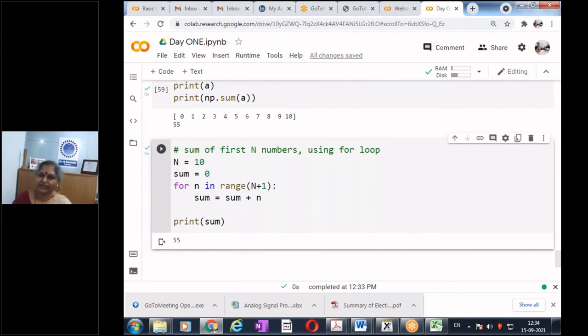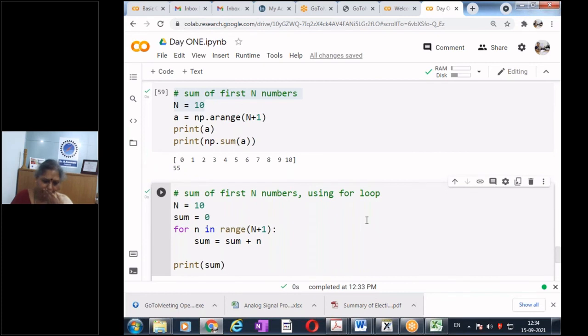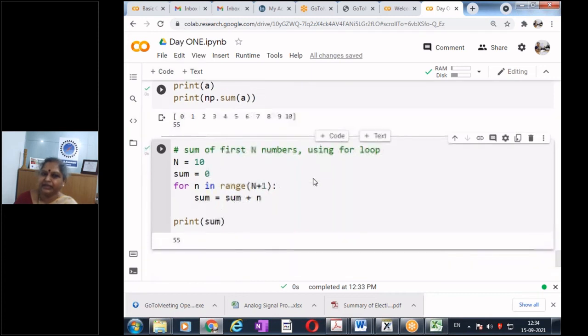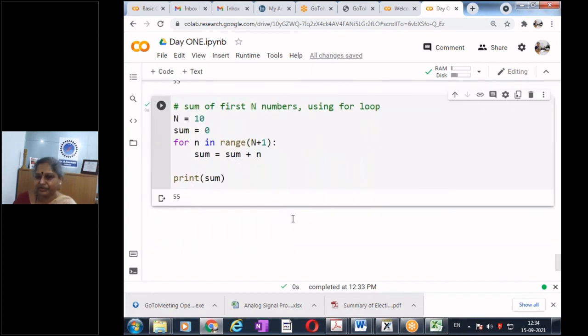Now next, I hope you have followed. We can approach the same problem by different methods. We first did it by defining an array and then adding the sum. Next, we created a for loop. Now, the last question I want you to try is computing the factorial of a number. Again, we can do it by two methods, but let's do it using the for loop.